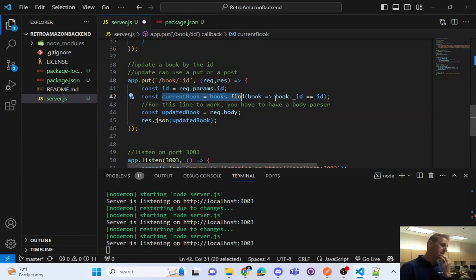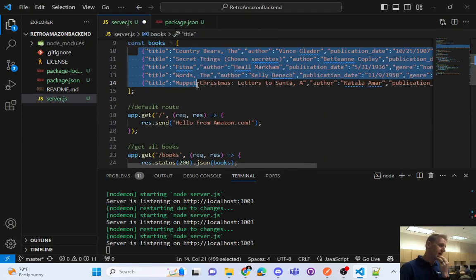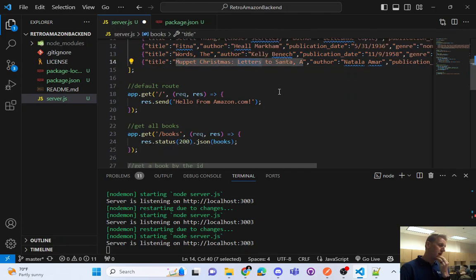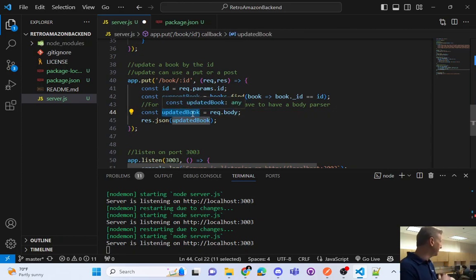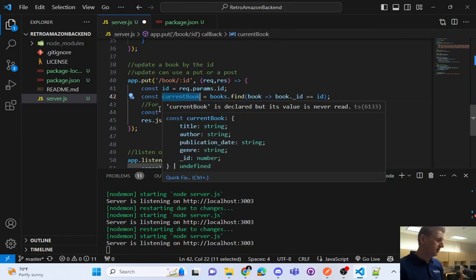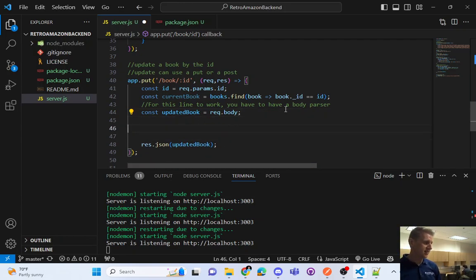We got a current book that's being read from our array. And we've got another object called updated book that might have some fields that need to overwrite the fields in current book. Okay, so I'm going to write a little bit of logic here that says, hey, if current book is found, if current book is truthy,